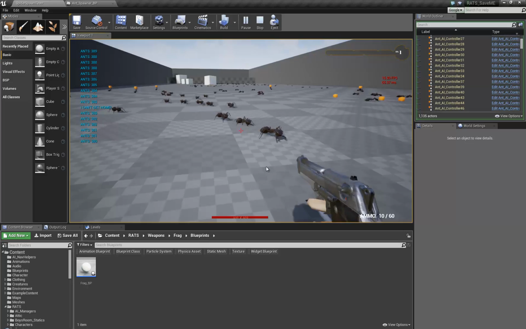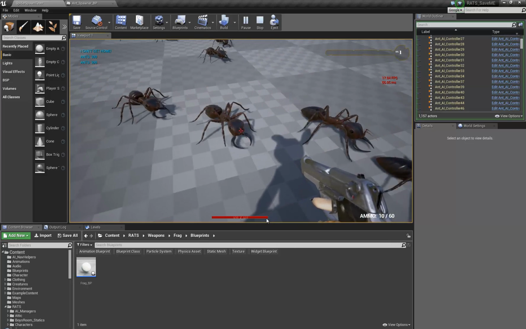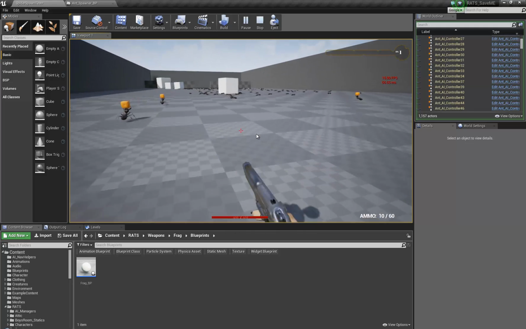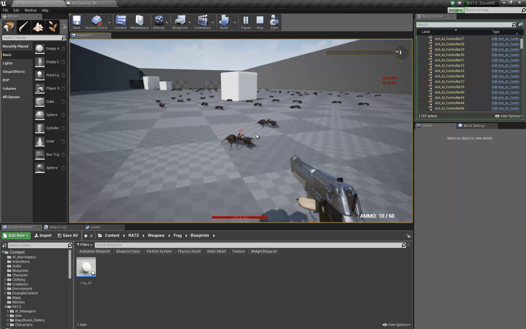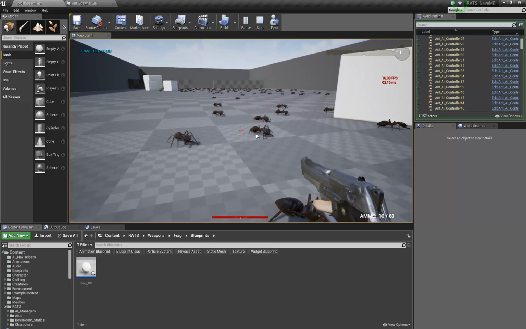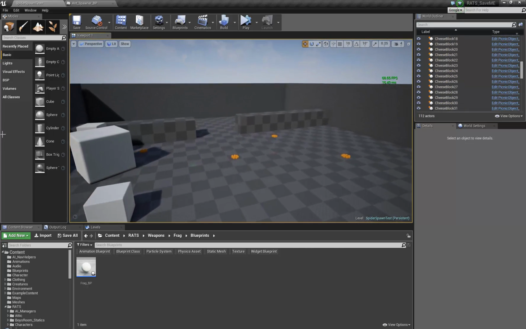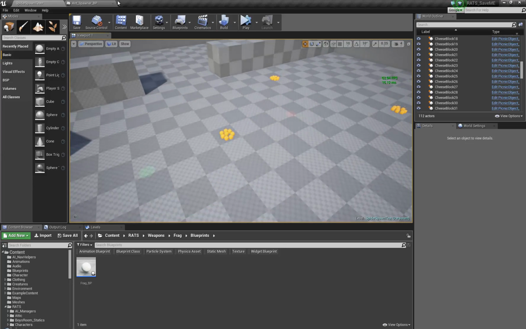But you can see now that they're not freaking out anymore. I think maybe the RVO avoidance is what's causing that oddity. I'm not entirely sure. But like I said, what I want to try to do is see if I can get them to react to each other, and maybe they can unstick themselves. So what needs to happen